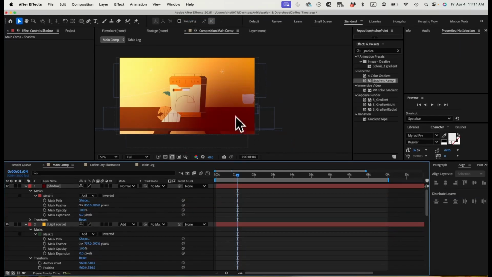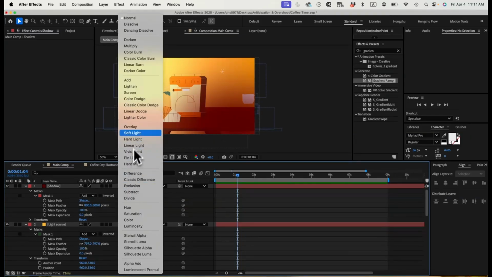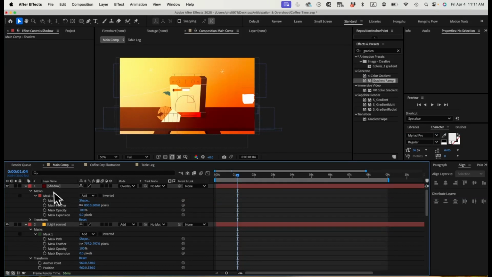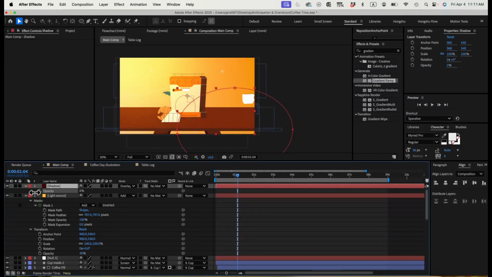And now we have this area where we have a shadow that's darker, making the scene on the right darker. We need to go to the blending mode to change it to overlay. So now we have this part that's serving as a shadow. We also want to manipulate the opacity to tone it down so that it's not too dark. Let's say if we change it to 50%,